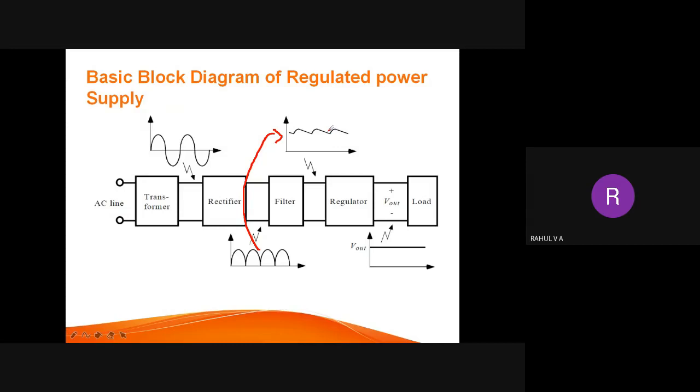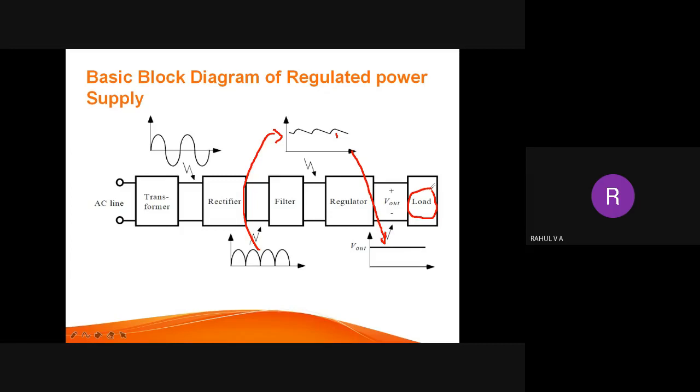Then we have a regulator. This regulator will give you a constant output voltage, almost like a straight line, irrespective of your load or line. With the help of a regulator, we are making it pure DC, and then we are giving it to the load. This load may be our mobile phone, or sometimes an LED bulb, or sometimes a radio. That is your load. It is not a part of our power supply. It is just the device we connect to the output of the power supply.